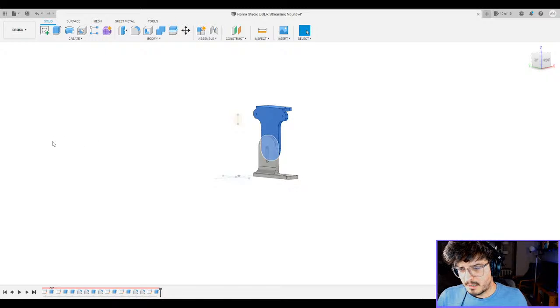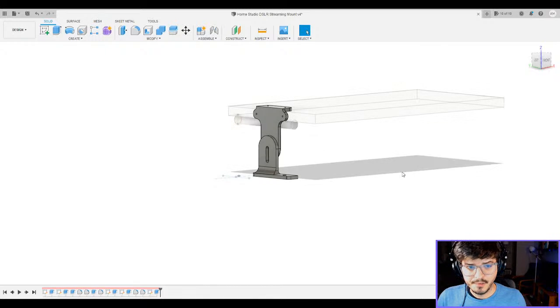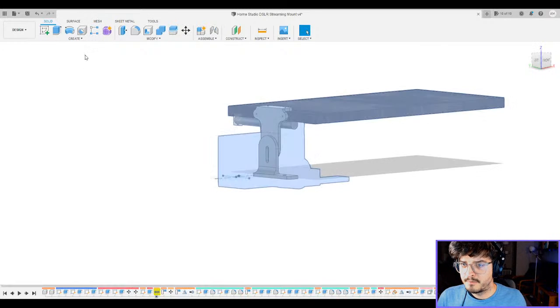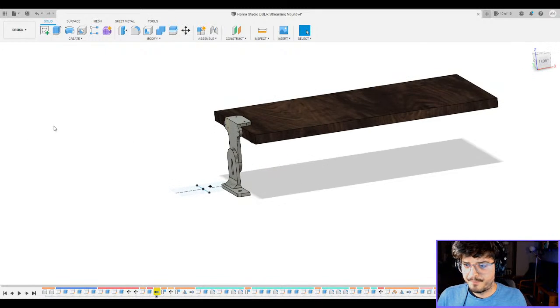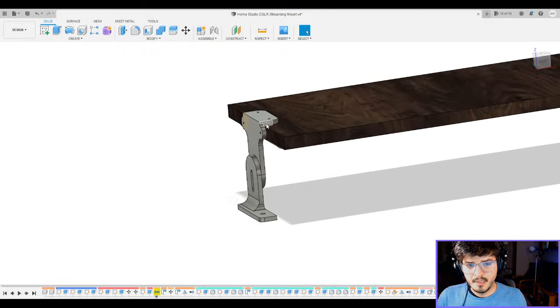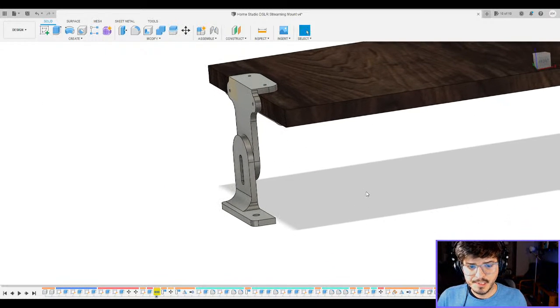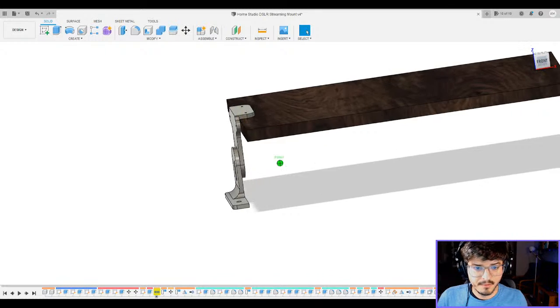Let's give it some names. This will be the camera bracket. And I'm going to turn on the shelf once more. Let's turn on the full thing just to look at for a little bit. I'm going to turn off all the sketches, and just discuss a bit of the design to it.